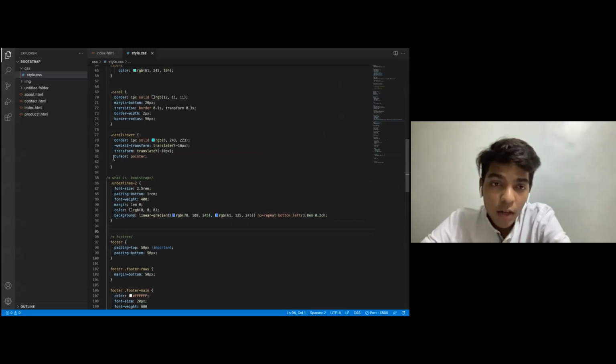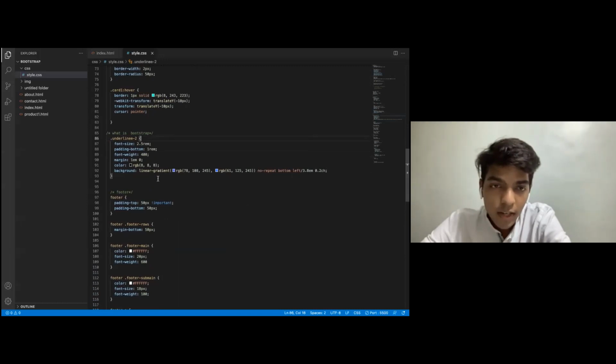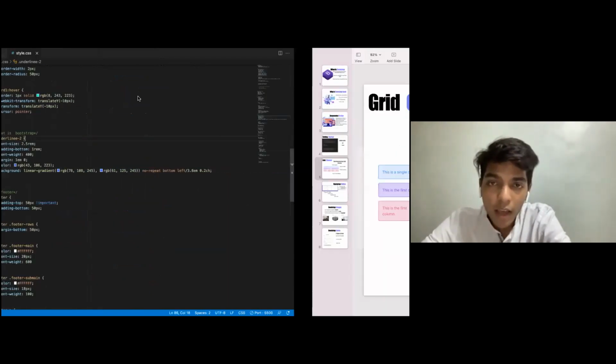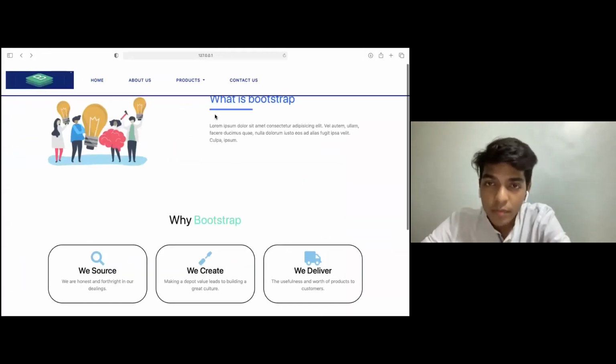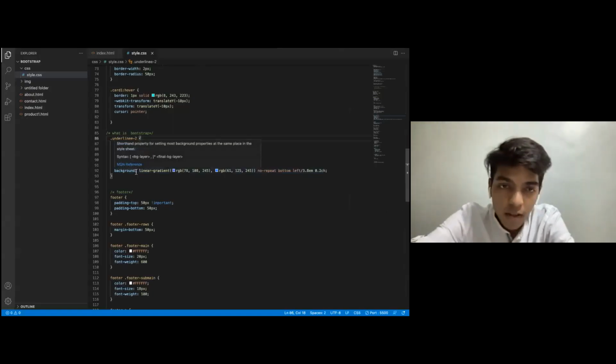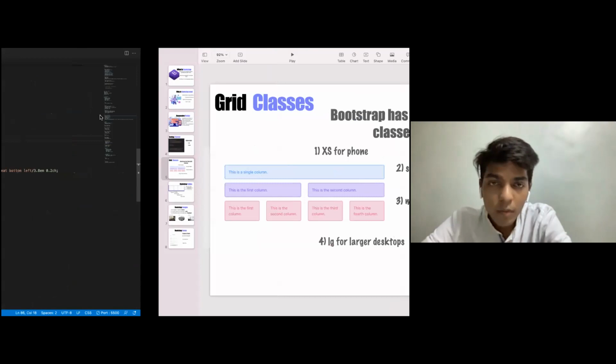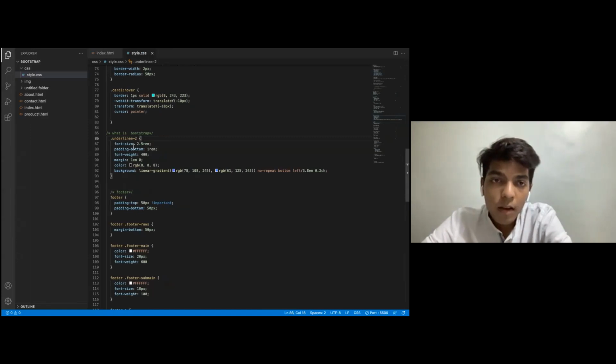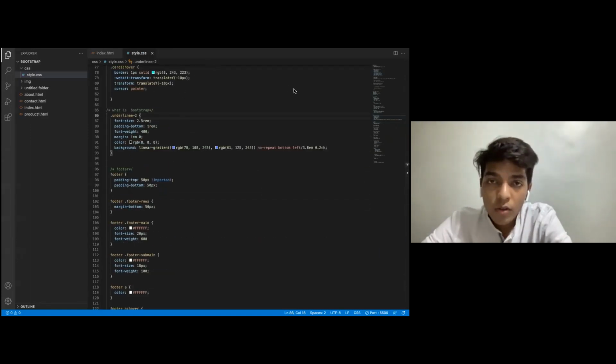So card hover, I want the card hovering on this pointer. I'll be going to it in a later part. So I want a padding bottom of 1 rem, the margin of 1 rem, and the color should be, I'll just change the color here for you and we'll see what happens. I'll be saving it. And as you can see, the color has changed. So I have saved it now, and the color would be black again. Okay. So I guess the second part is also clear.